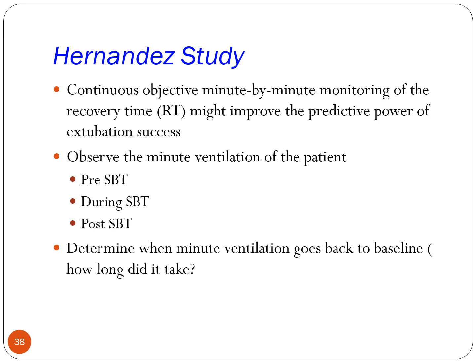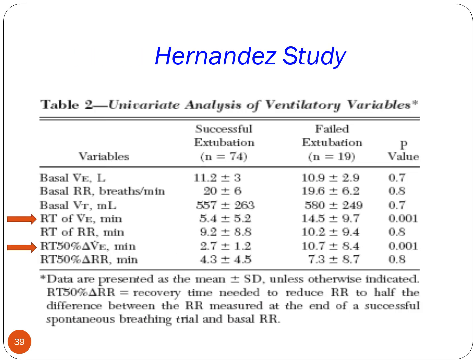I have a better graph on the next page to show you. So they analyzed the results of these studies with patients, and they found a very strong predictor of successful extubation versus extubation failure was minute ventilation recovery. The patients who did well had a lower minute ventilation, 5.4 plus or minus 5.2, and the ones who failed had a higher minute ventilation, 14.5 plus or minus 9.7.